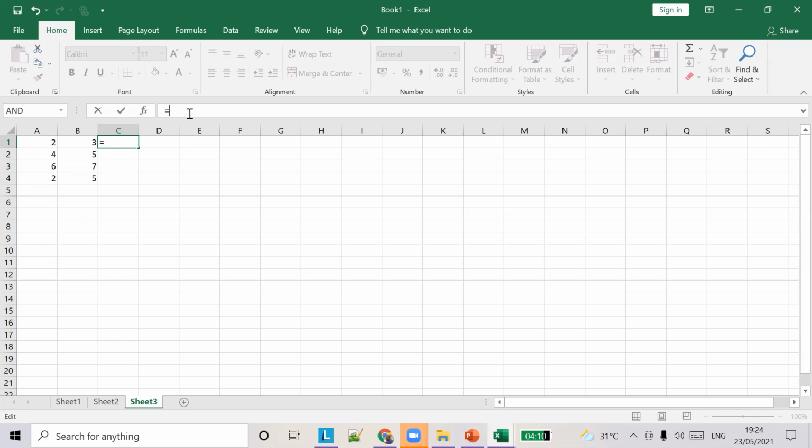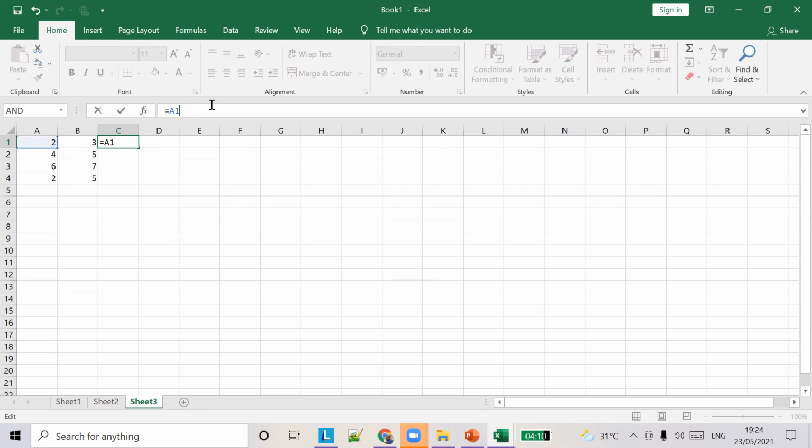It is 2 into 2 into 2. I'm going to type this. Somebody can tell me the formula. Can anybody help me?